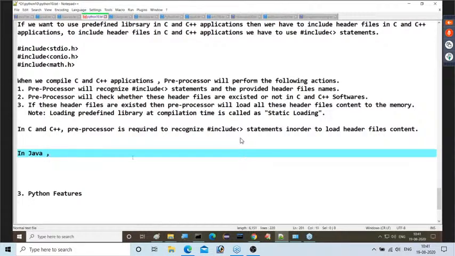In Java, the complete predefined library